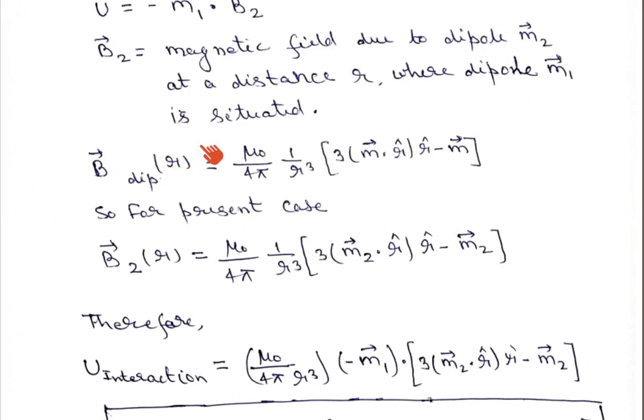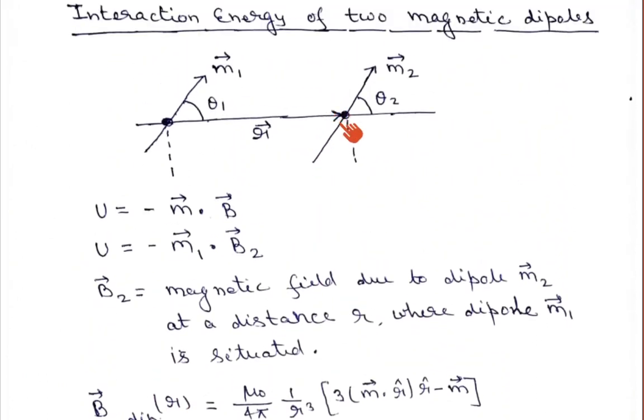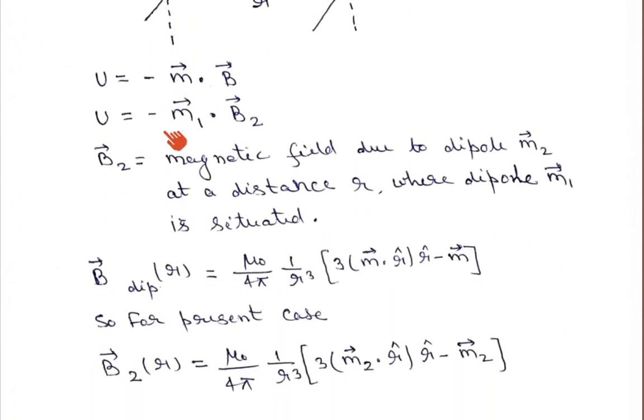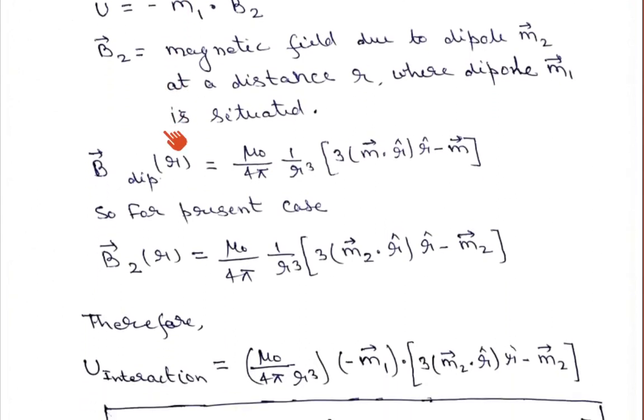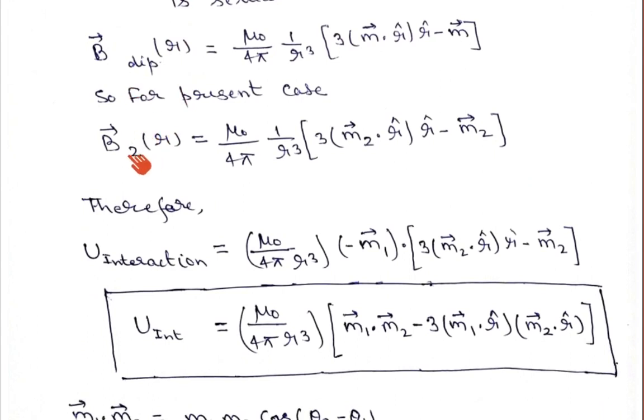Okay. So if you see in the present case also, here we have a dipole m1 and we have a dipole m2. This dipole will produce a magnetic field B2 at a distance r where m1 is situated. So we can calculate. It means, in the present case, we can write that the magnetic field due to dipole, that is B2 at position r, can be written as